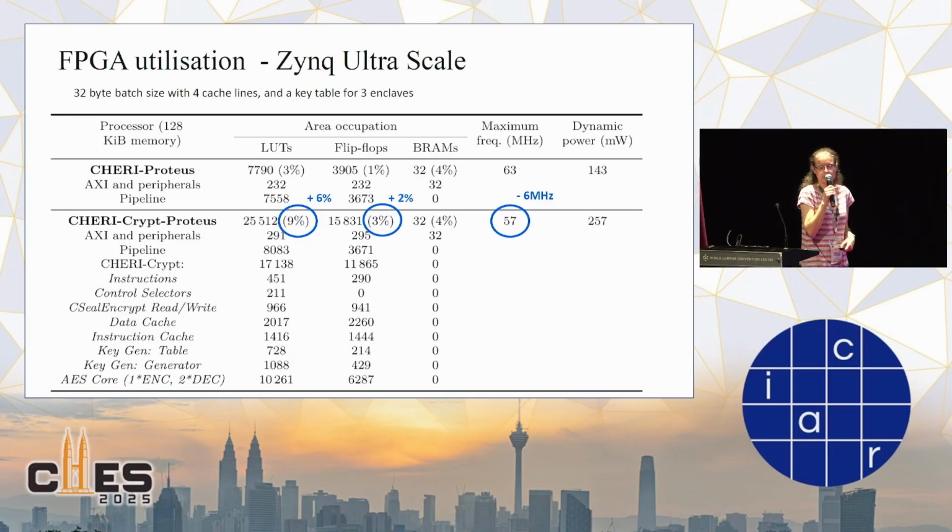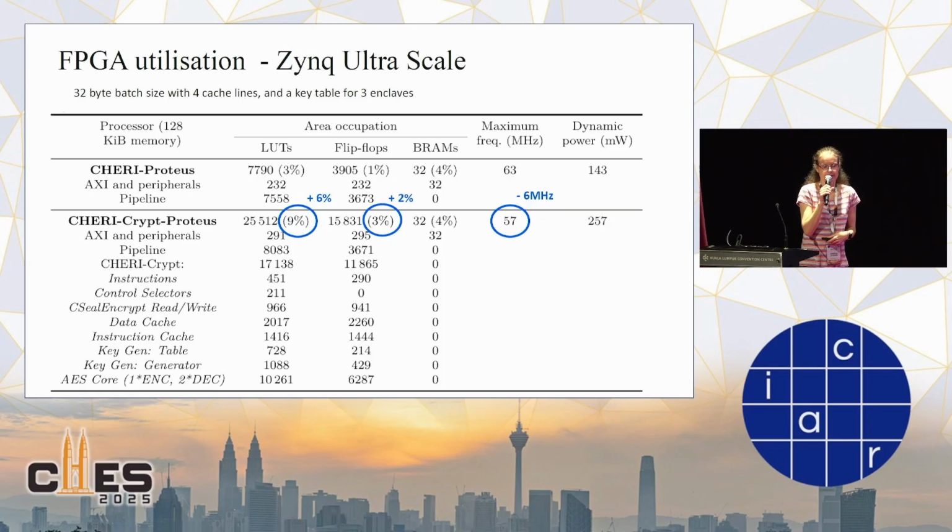So we also implemented this onto a Zynq UltraScale FPGA. The FPGA utilization is dependent on the configuration of the design. These figures show a quite small batch size. Here we're using a 32-byte batch size with 4 cache lines and a key table where we've used 3 enclaves. And the majority of the utilization is based on the actual encryption core itself,